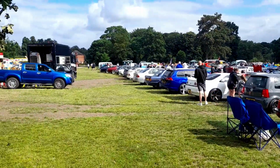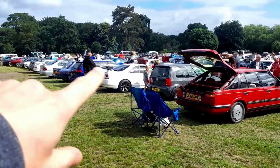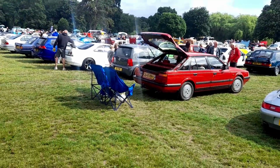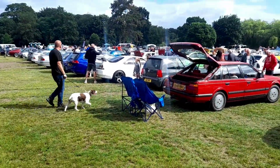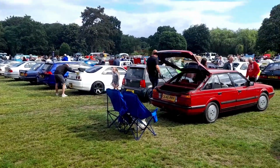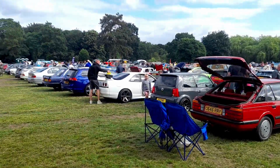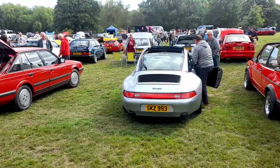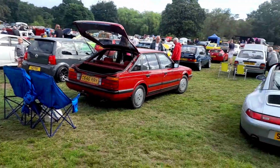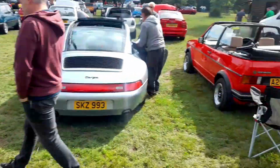Right, to just give some backdrop here, I've just been talking to a few owners while my back was turned, and then we've had a whole new line turn up. I think you had to be parked up by 10 o'clock. There is a competition going on for the best car, I believe, which is happening at 2 o'clock this afternoon. It's going to be a full-on day, so I'm going to take my time going around the cars and try and keep it as not too long. This might be a two-parter again, but anyway, I'm going to start off on the right-hand side, and here we